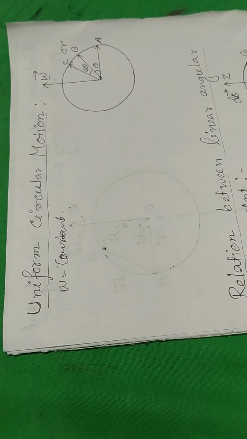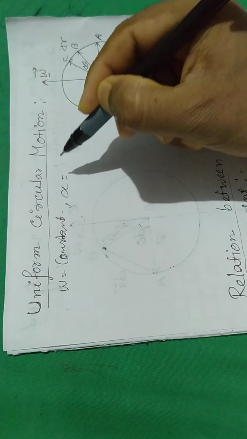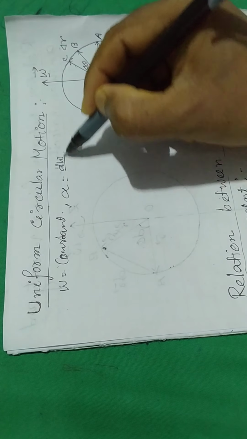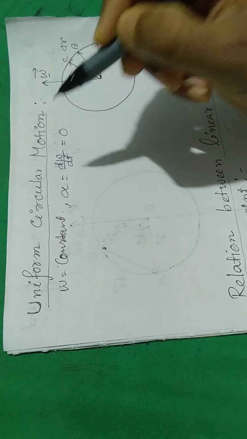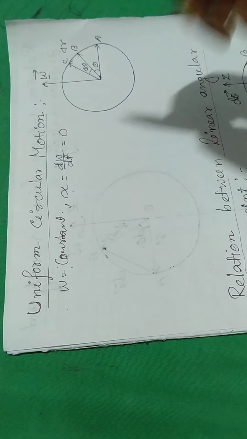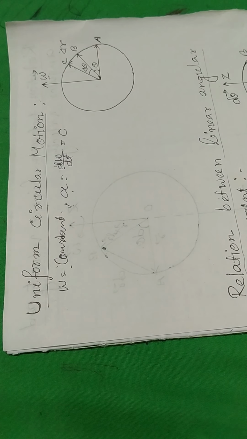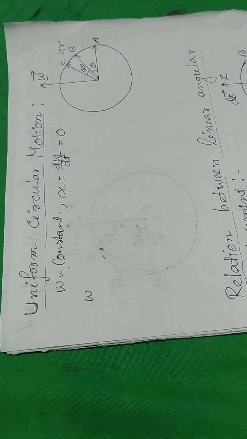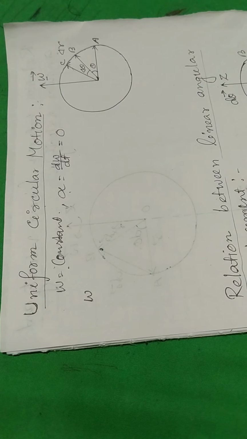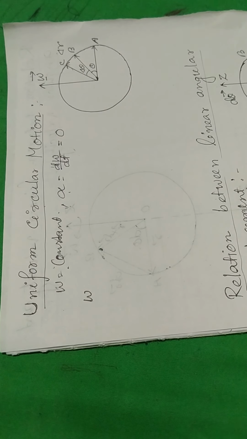Therefore, angular acceleration alpha, d omega by dt, is 0. Since omega is constant, angular acceleration is 0. Since in a uniform motion the angular speed omega is constant, the object covers equal distances in equal intervals of time, that is, its linear speed remains constant,